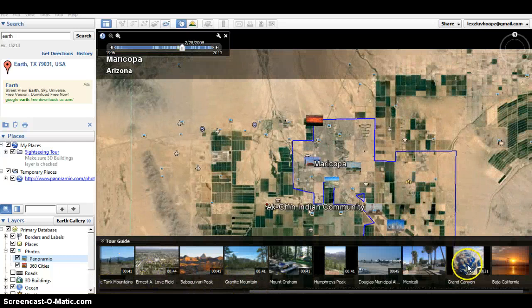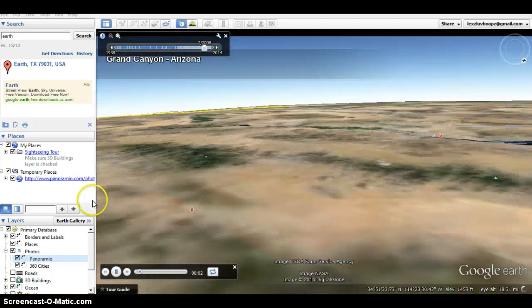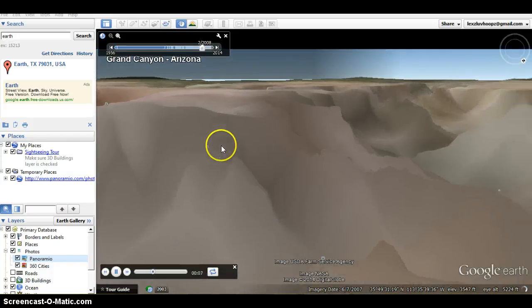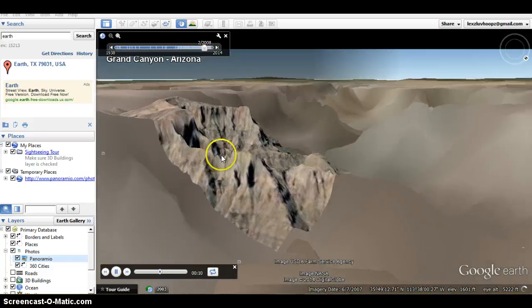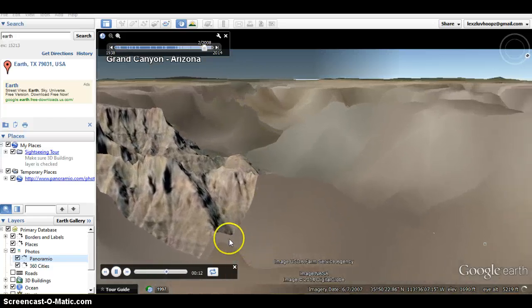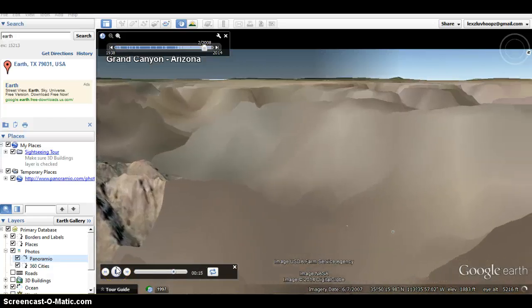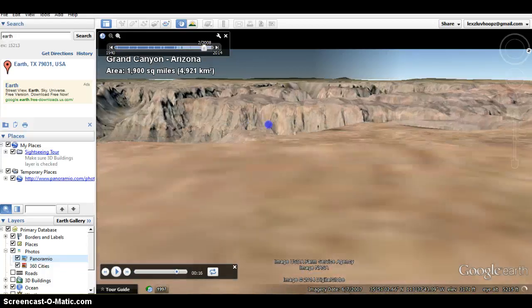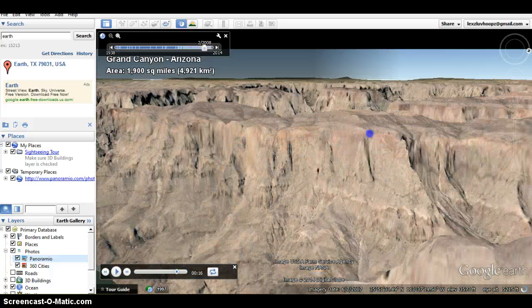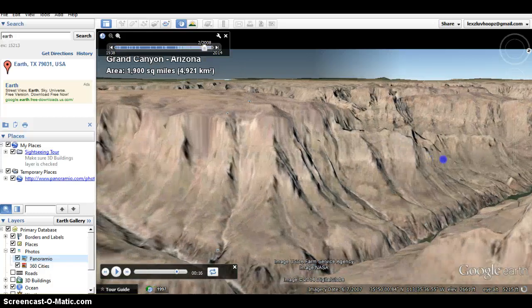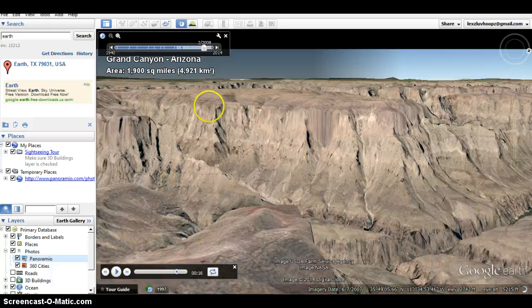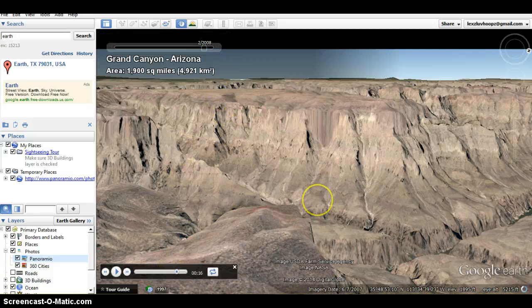You keep going down and it actually shows you different places. Here's the Grand Canyon in 3D view, which is pretty cool. You can zoom in, you can zoom out, you can take a really cool 3D tour of the Grand Canyon. And this particular picture,